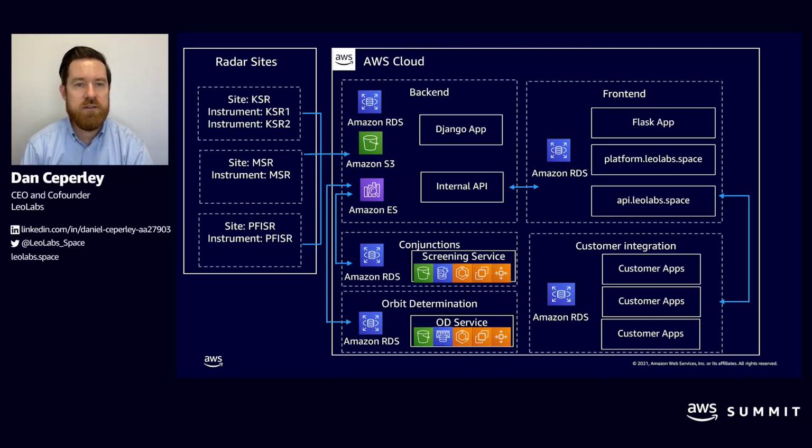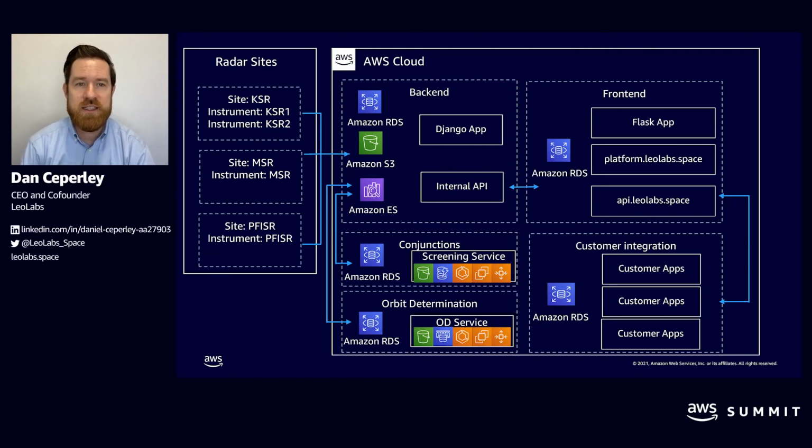And we've got a set of customer integration apps that connect our specific services over to the systems that are flying their satellites. So it's ultimately this system and this AWS cloud architecture that enables us to scale up as the satellite industry scales up. And to reiterate a point from earlier, there's about 2,000 functional satellites today, but there'll be about 50,000 functional satellites in the next 3 to 5 years. So we're expecting to see the workload grow dramatically simply by the new launches.